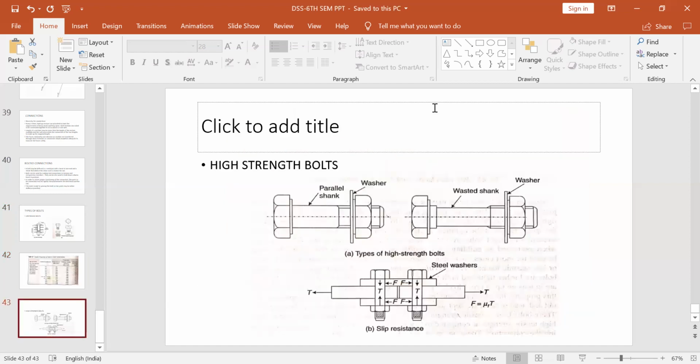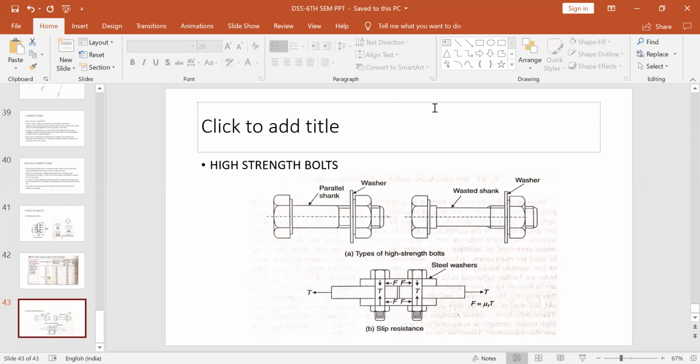Now another thing is high strength bolt. Now these high strength bolts are made from carbon heat treated steel and from alloy steel. So the material is medium carbon. In the other, ordinary bolts, there was low carbon content. Here it is medium carbon content. That means carbon content is increasing in this kind of steel for high strength bolts. So these are made from heat treated steel or alloy steel.